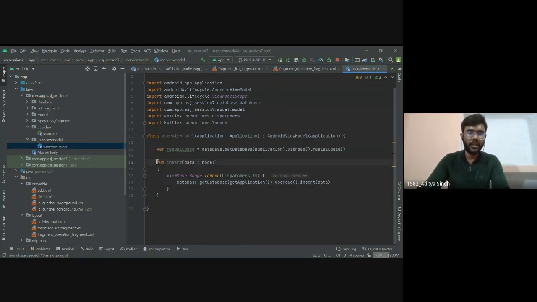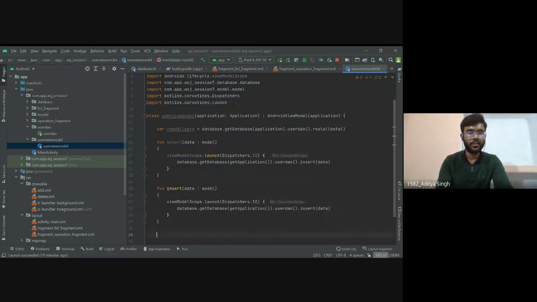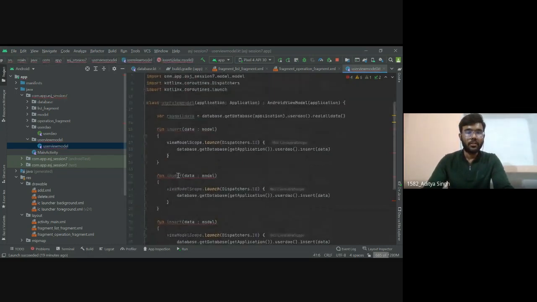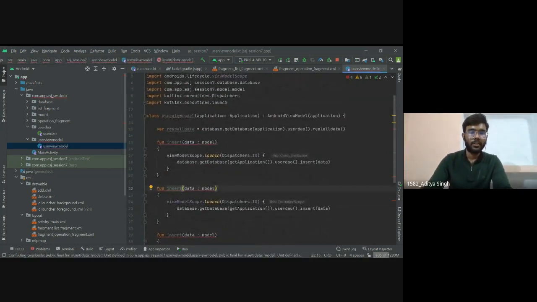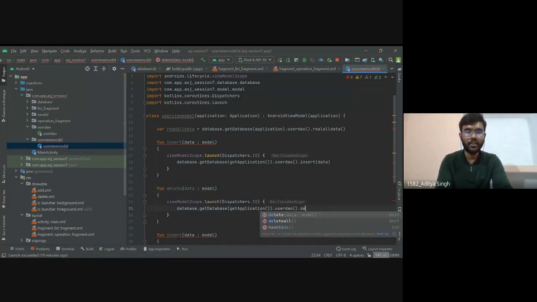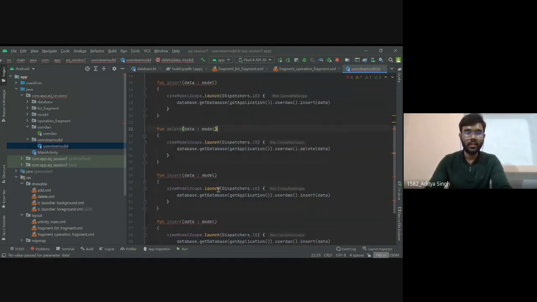Okay, similarly we can do the same thing for all other functions. So let's copy this for time. Okay, so next one will be delete. Just change it to delete, and here replace this insert with delete. All right, and pass this data as argument. Okay, and similarly you can do it for delete all as well. So in this, change insert to delete all,